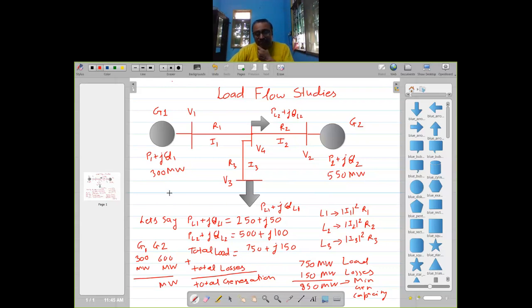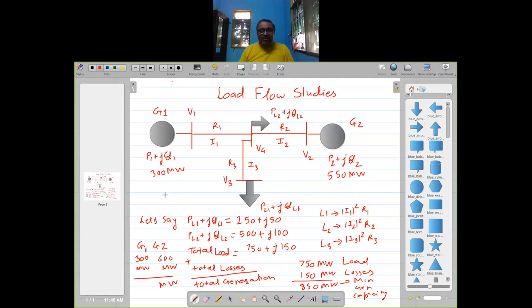Now is the problem over? Problem is not over yet, friends. You will say, what is the problem now? We have calculated the total load. We have assumed that the loss will be around 150 megawatt, and we have distributed the total load in G1 and G2 in this fashion. Why am I saying it is not the end? Because again I am reminding you of the goals of power system, which is to supply the required power to the consumer at rated voltage,